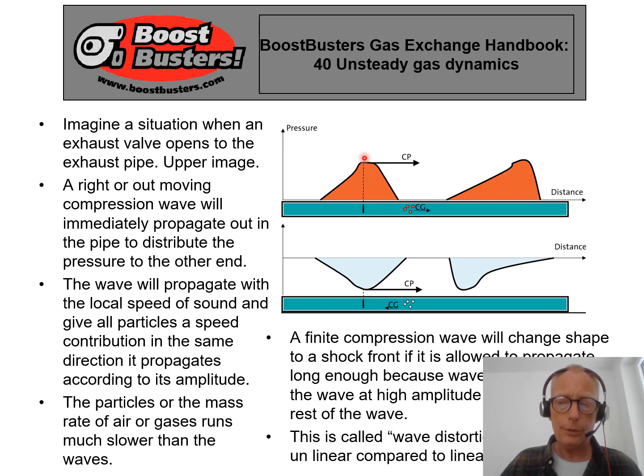Both pressure and temperature inside the compression wave are increasing. So the peak segment of the compression wave will actually move faster than the low amplitude parts of the wave. So when the finite pressure wave has been propagating some distance in a pipe, we will have a distortion of the wave. The front of the wave will be more steep and the tail will be more shallow. If this pipe is long enough, the wave front will become vertical, and then it can shape something called a